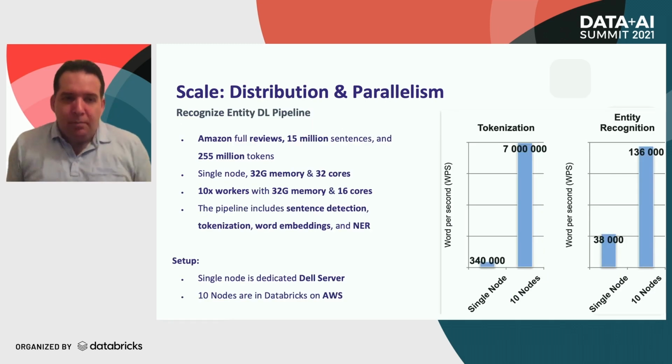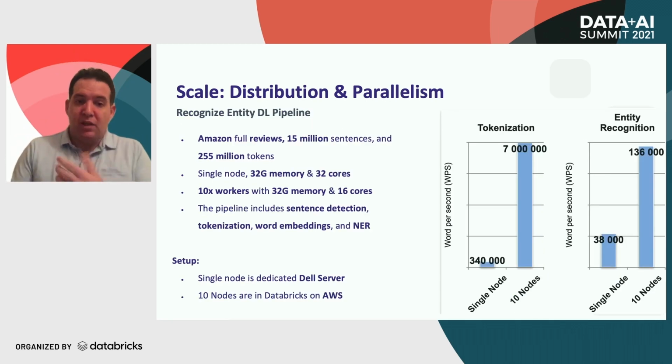And here are some examples of that. This is a recent benchmark looking at the full data sets of Amazon reviews. These are 15 million sentences, 255 million tokens. And you can see how they work. This is also on Databricks, on AWS with 10 fairly weak Dell servers. And you can see the speed up that we get going from a single node to 10 nodes